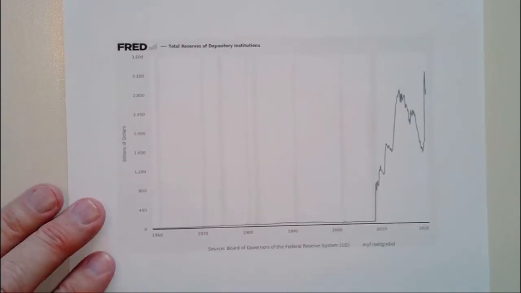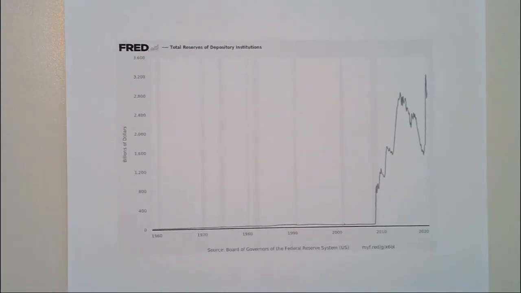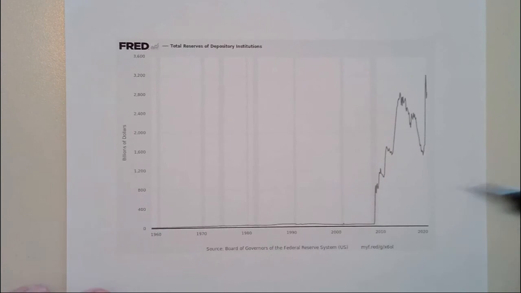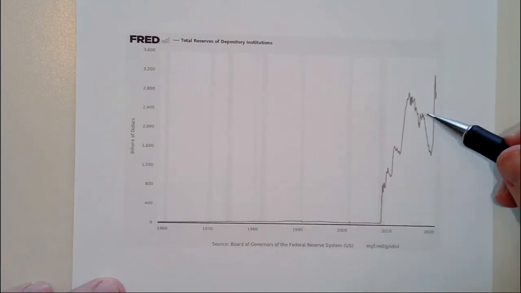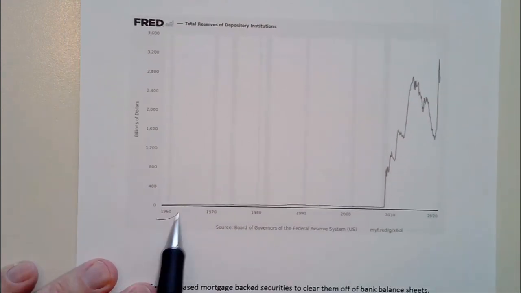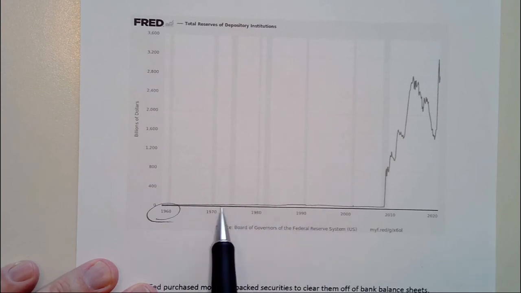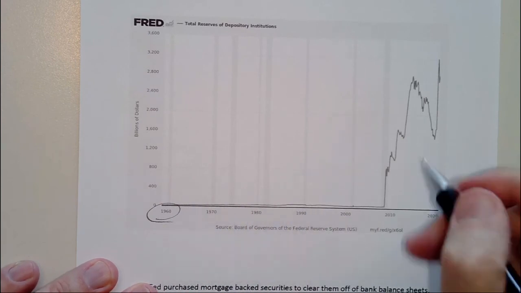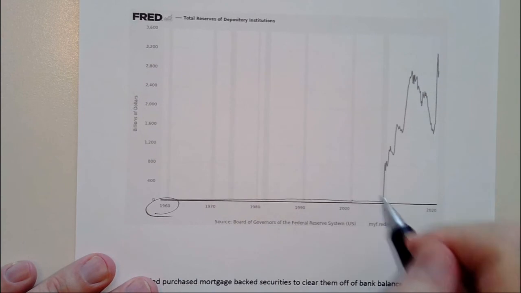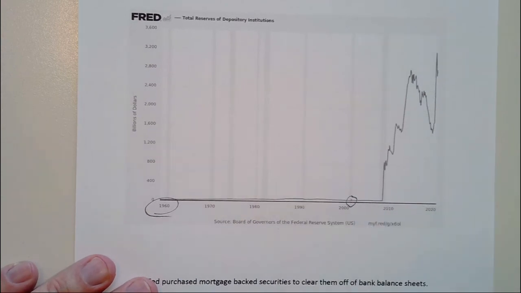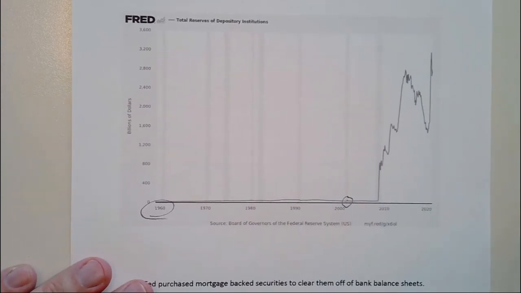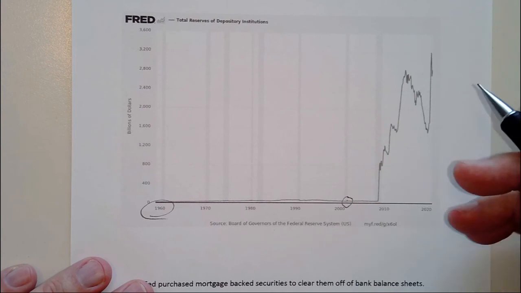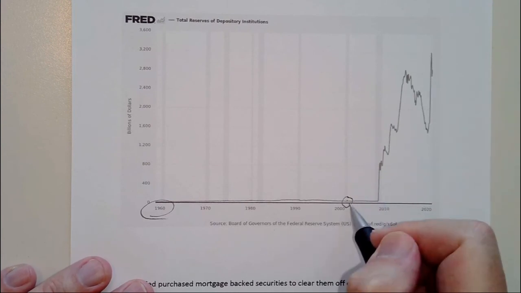Now, the Fed also noticed that with the Great Recession, 2008, 9, 10, banks started to hold more reserves than ever before. You can see, going back historically, this is 1960, kind of a flat line there. A little movement up and down, but not very much. Then the Great Recession hits. Actually, that little blip right there was Y2K. We're going from 1999 to 2000. People were freaking out about bank accounts going haywire because of computer programming. And so banks went and borrowed a lot of money just in case of that. It used to be a really big blip there, but now it's dwarfed by this.